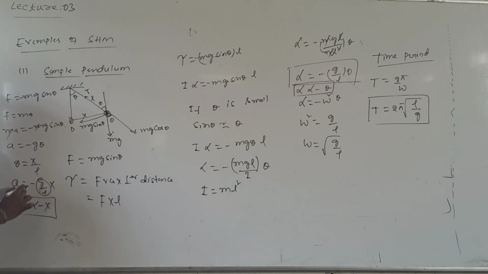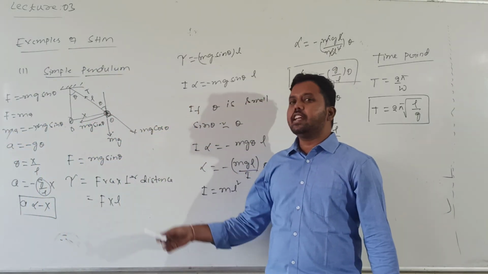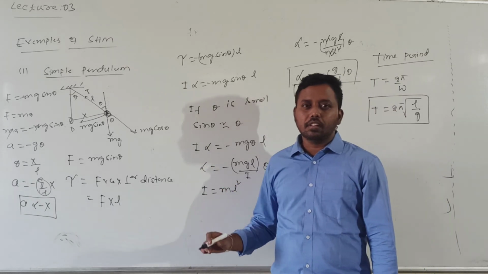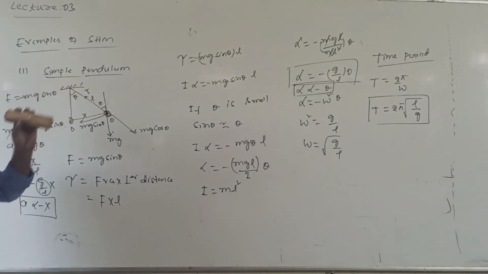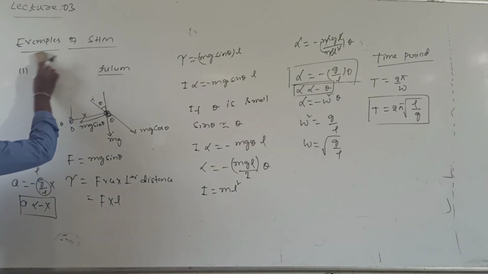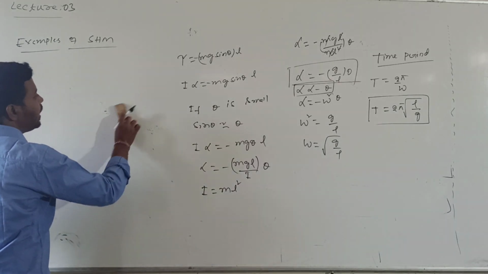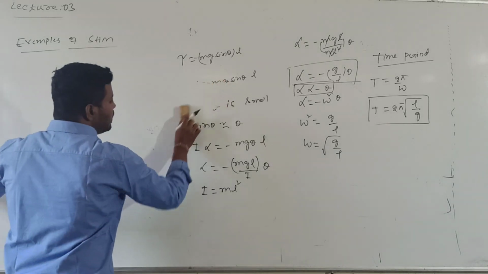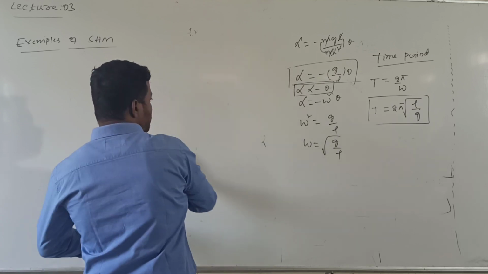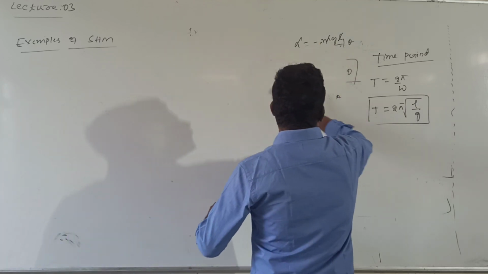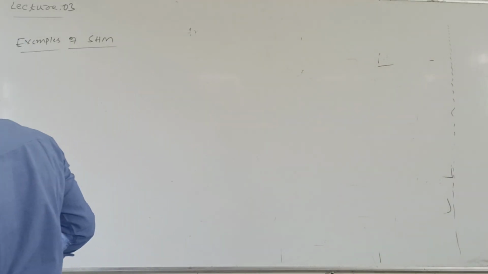And what is omega square value? g by L. What I mean to tell is, though you consider it as linear SHM, you can derive the expression by considering it as angular SHM also, you can derive the equation for a time period. But in this part, compare with the derivation, for us it is very important only knowing the formula. So what is the time period of a particle which is executing simple harmonic motion, in which case simple pendulum.